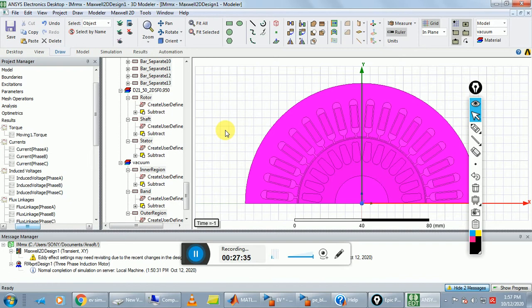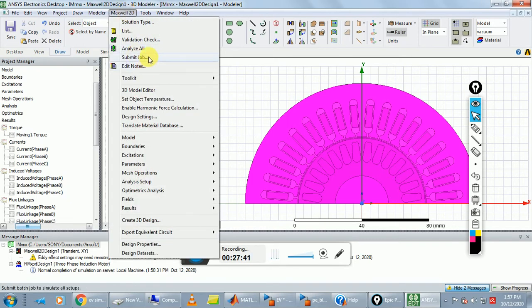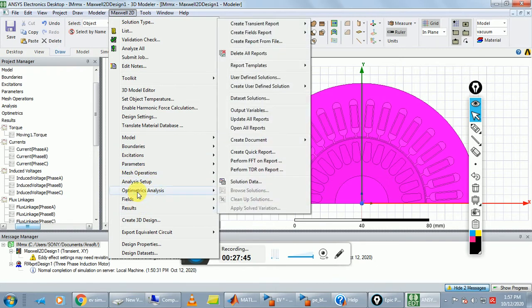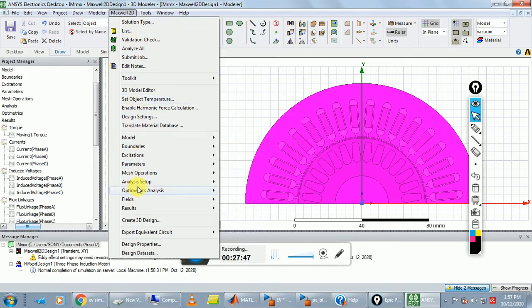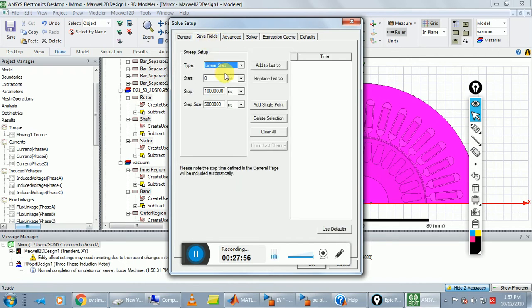After the completion of this step, again go to Maxwell 2D and here we make some change in our analysis setup. So expand Maxwell 2D and search analysis setup. Click on add solution setup. Okay, and go to save fields.